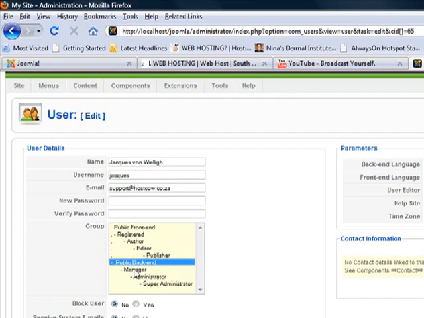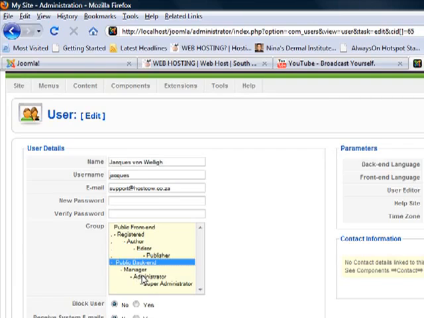Move on to the groups that have backend access. That will be somebody like a web developer. You'd like to give him access as an administrator or manager to just maintain the site in the back office. You should never give out super administrator. That should be solely you that manages and maintains the site, everything. But should you need to give somebody else access, rather than giving them super administrator rights,